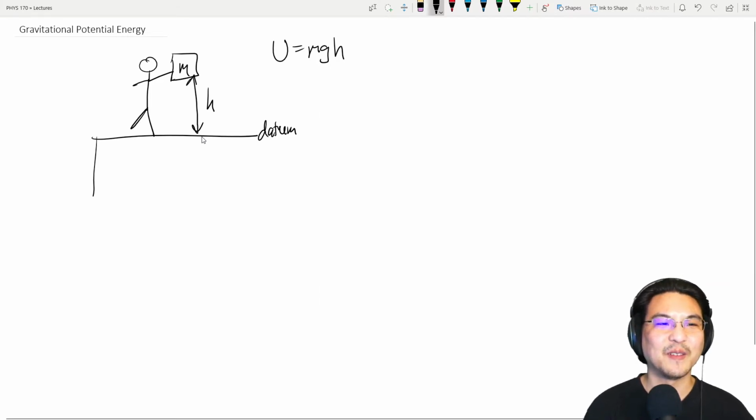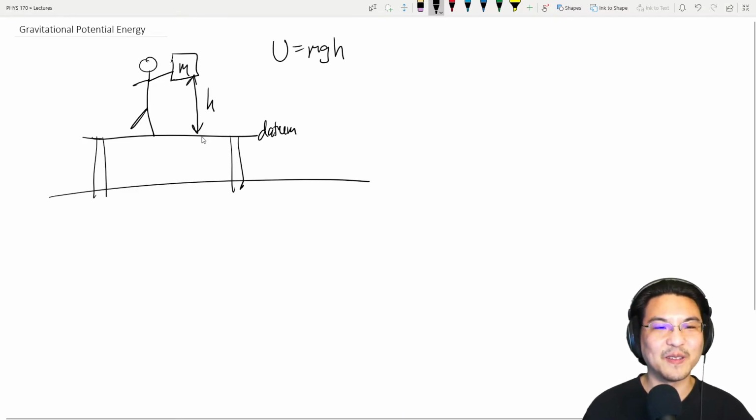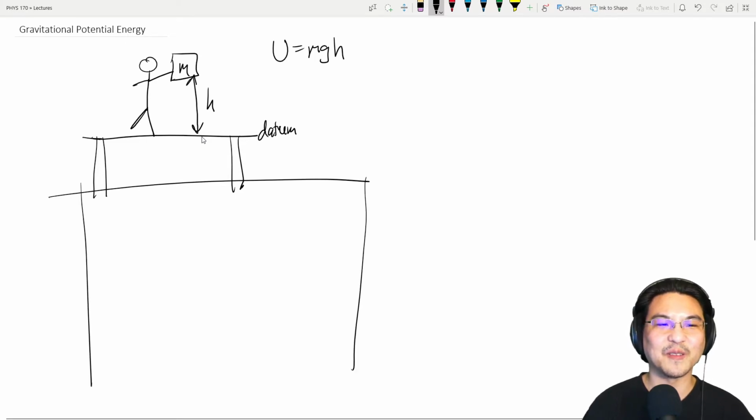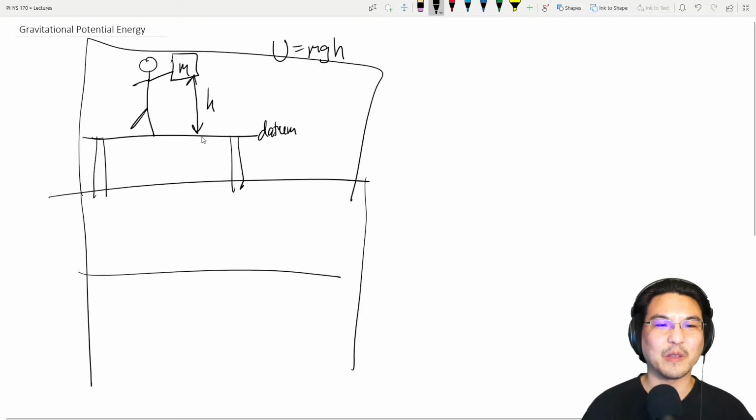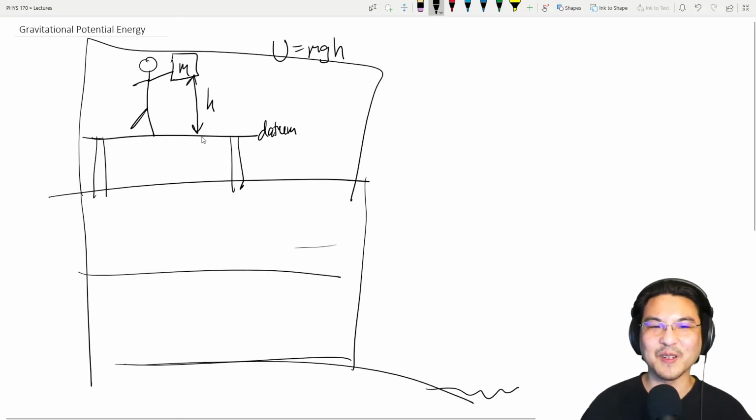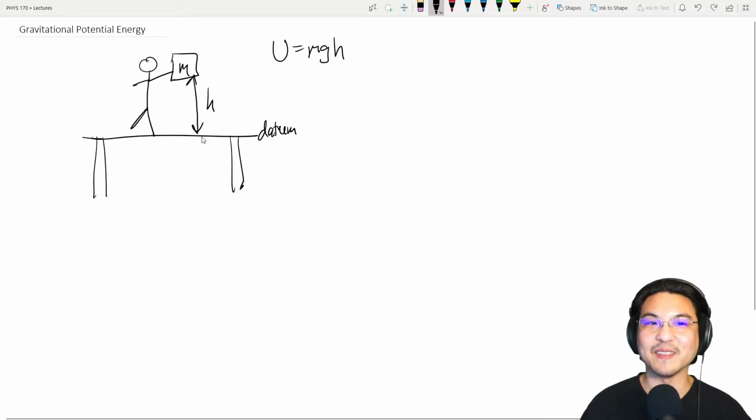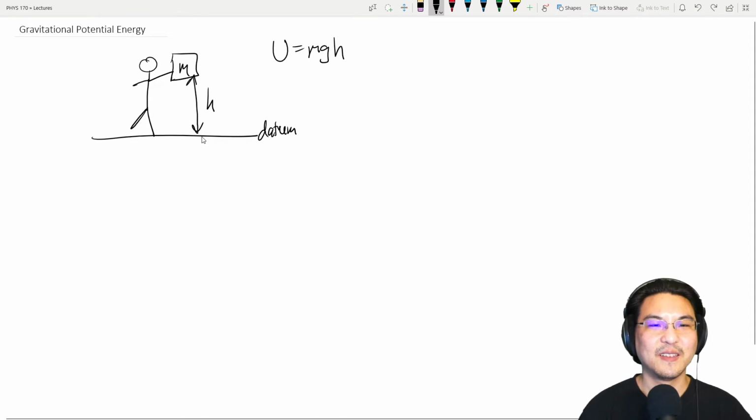Like what if you're standing on a table and then the table's on the ground? Is the datum at the table or is it on the ground? What if you're in a 3-story building on the 3rd floor? Is the datum the 2nd floor? Is it the ground floor? And the building's on a hill and then the ocean's over here. Is it from here to sea level? It's so arbitrary. And it is. It's totally arbitrary. So now we know that this is based on saying that the weight is just mg, which